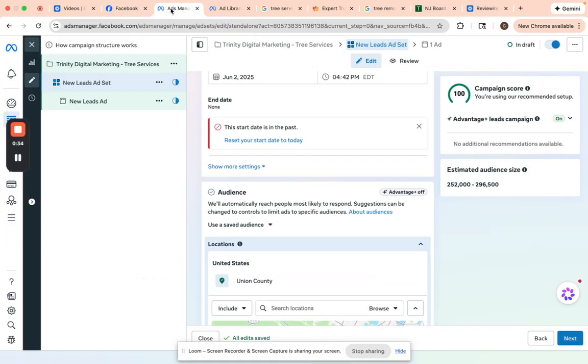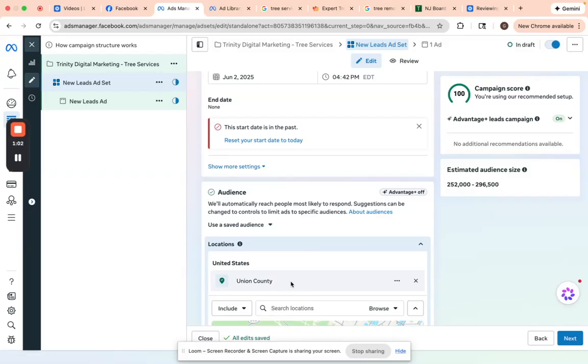So, one of them is the Facebook Ads Manager. And basically, this is where you can go in and create your ads and direct them to a specific audience. So this is the ad set, and that's actually the audience that you're directing your advertising towards. So, when we go in here and we're setting it up, you can set it up specifically for certain